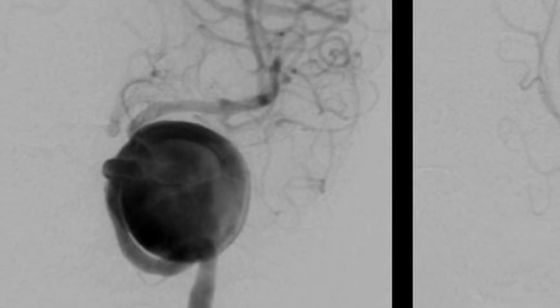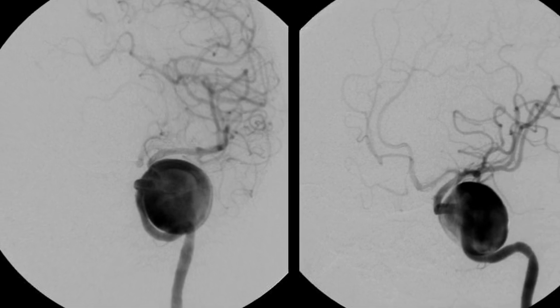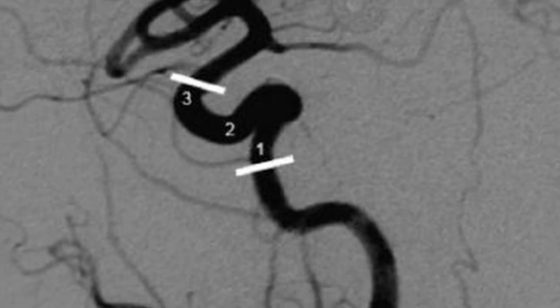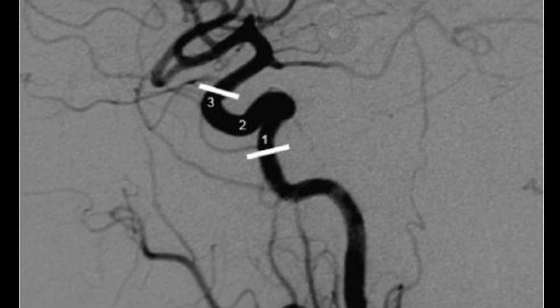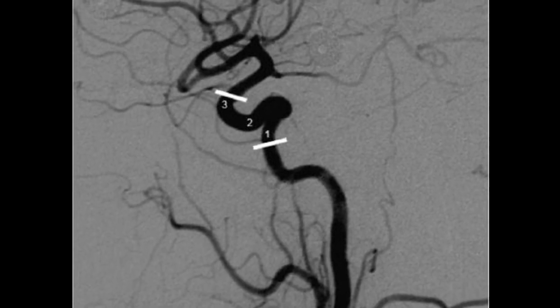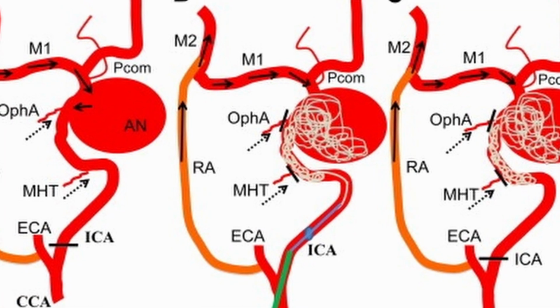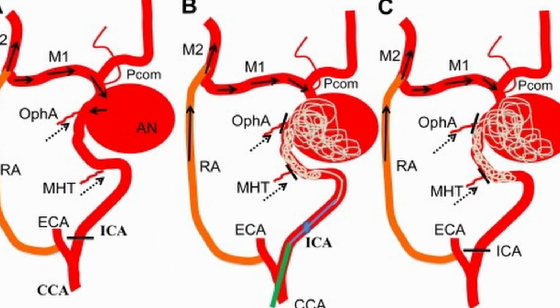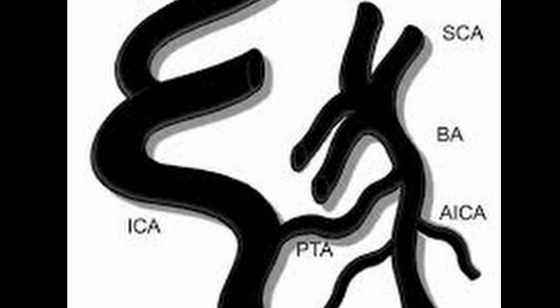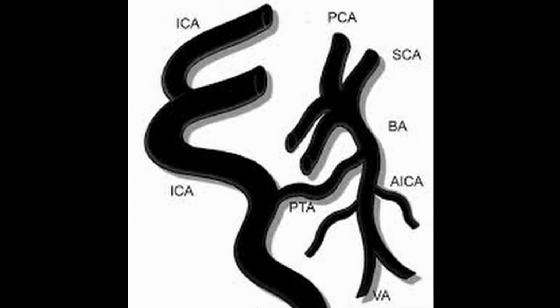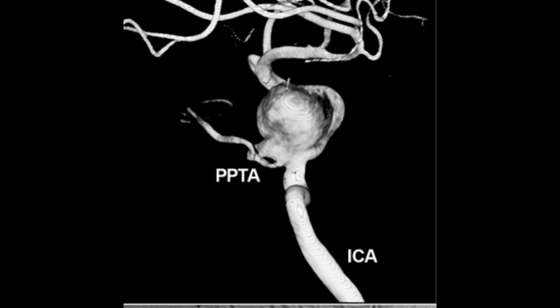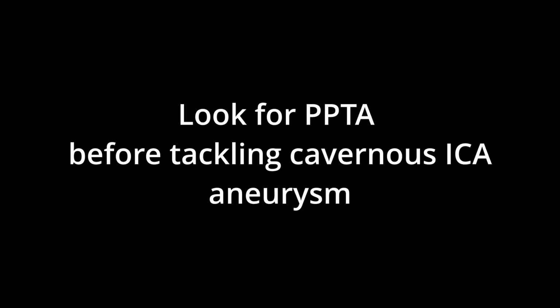But something more important than that is, in case of an aneurysm in the cavernous ICA, the most commonly done procedure is to ligate it on both sides. The surgical procedure, I'm not talking about the endovascular one, is to ligate the ICA proximally and distally beyond the cavernous segment and give an ECA to ICA bypass. But in this case, if you do that, it is not going to be useful because there will be circulation from the posterior to this ligated part, which has the aneurysm, through this PPTA. So whenever you plan such a procedure, it is very important that you do all the necessary tests, of course DSA, and rule out the presence of